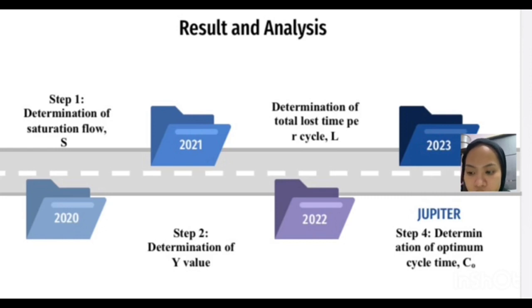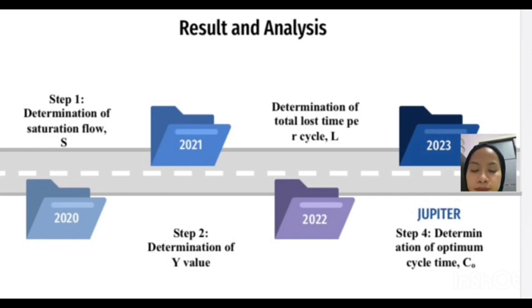And we got for the G 139 seconds. And next, step 6, determination of delay and level of service for each lane. So we got for the LOS, for the first, F, F, E, E, F, F, E, F, D, D, E.